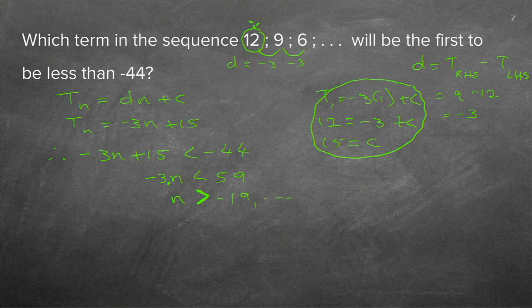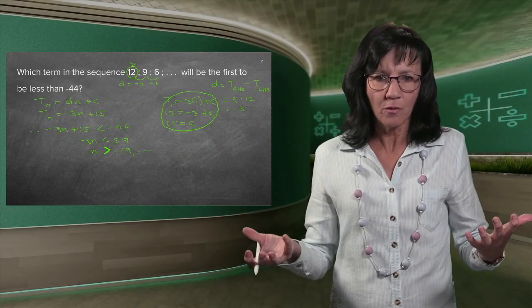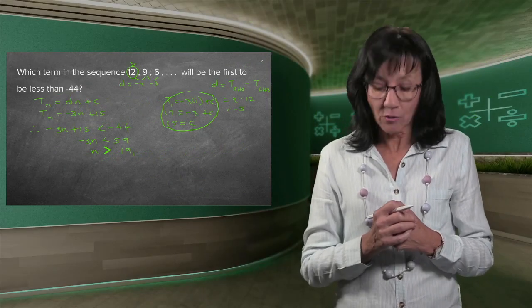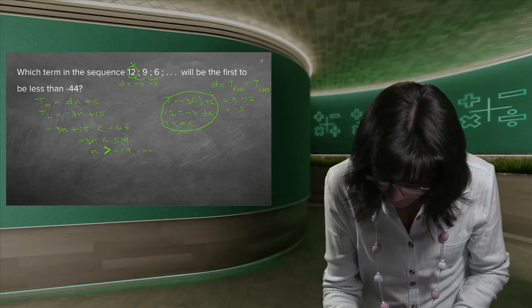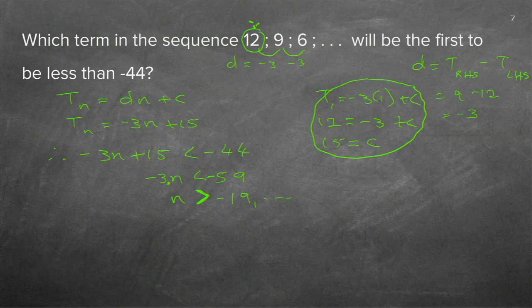9, comma, what. I'm not going to even work out the rest because you know what? A term can't be 19, comma, whatever. So let me just see if I did make a mistake. I forgot my minus there. I thought it couldn't be a minus. Minus 44, minus 15. You see how easily you make a sign mistake? And now when I got to the answer, n can't be minus because the n is the amount of terms we're working with. So then I knew I made a mistake. So it's actually plus.